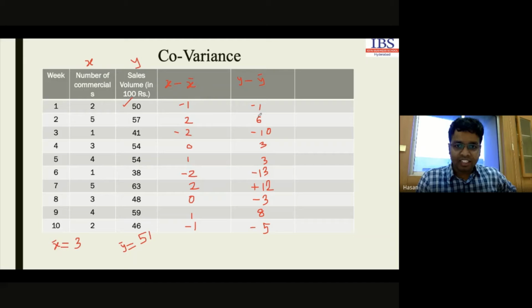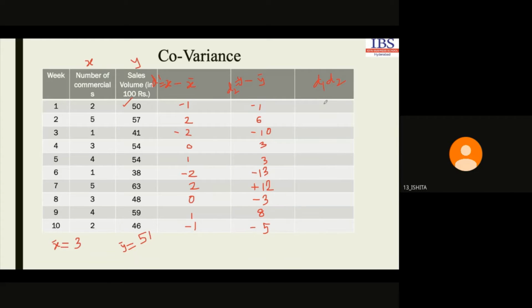This is individual variance, okay? Covariance means we'll have to multiply these two. If this is D1 and this is D2, then we'll have to multiply these two. This will give the covariance value, okay? D1 and D2, covariance for individual data point. So what will be the value here?